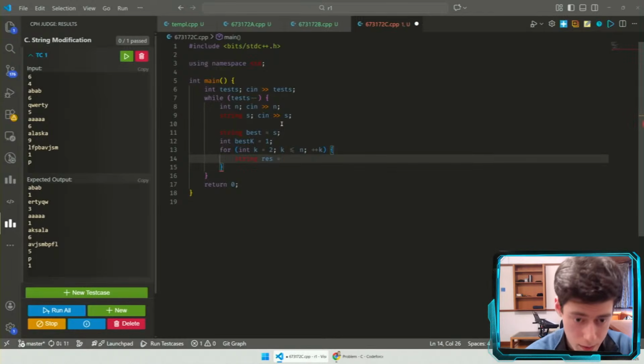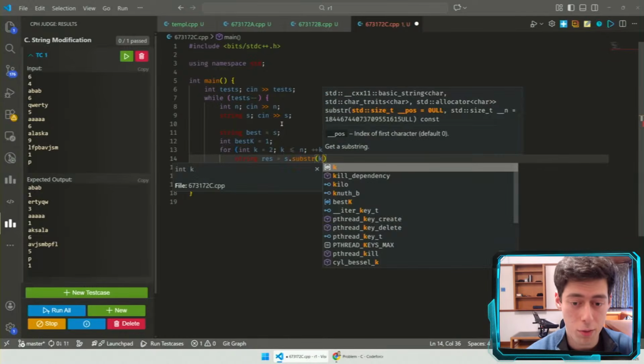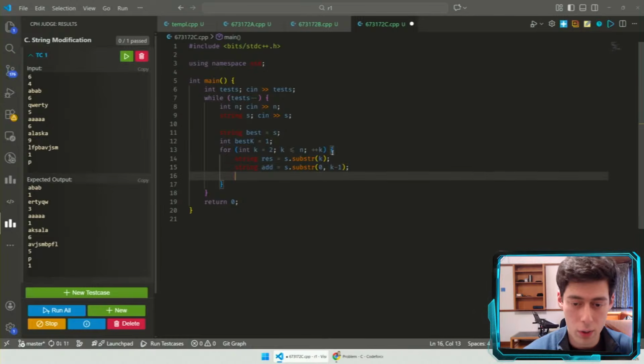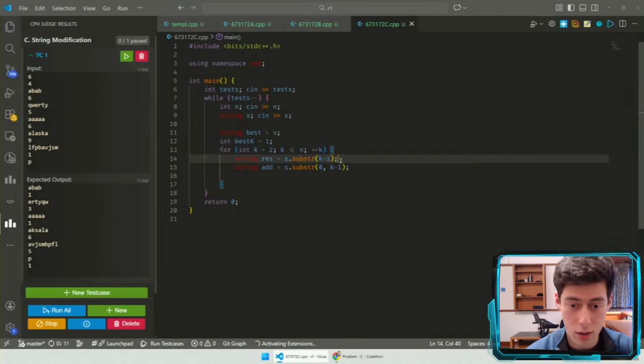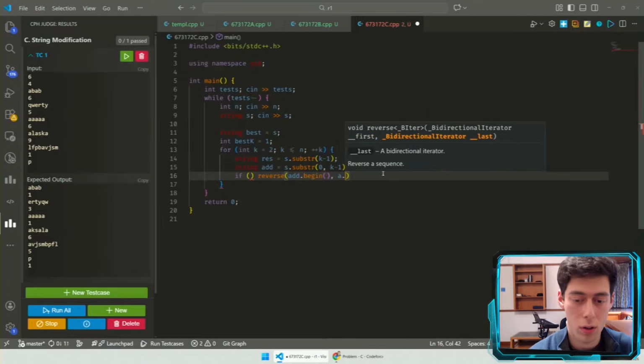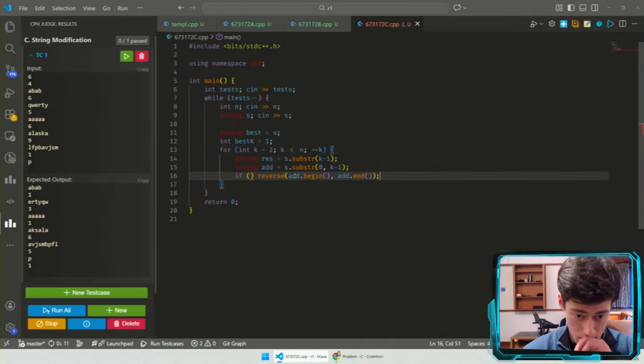The result is the substring from k onwards, and then I also need to add the first k minus 1 characters. Wait, k being 1 indexed actually. But then if the number of swaps is odd, and what's the number of swaps? If